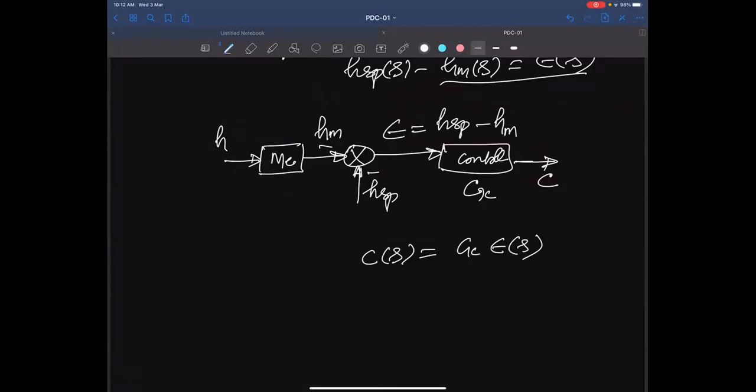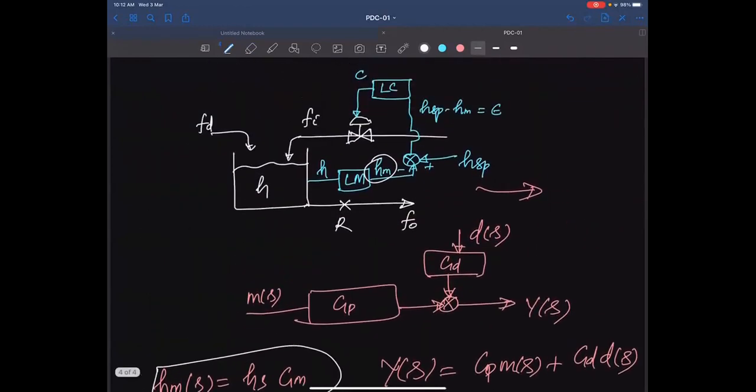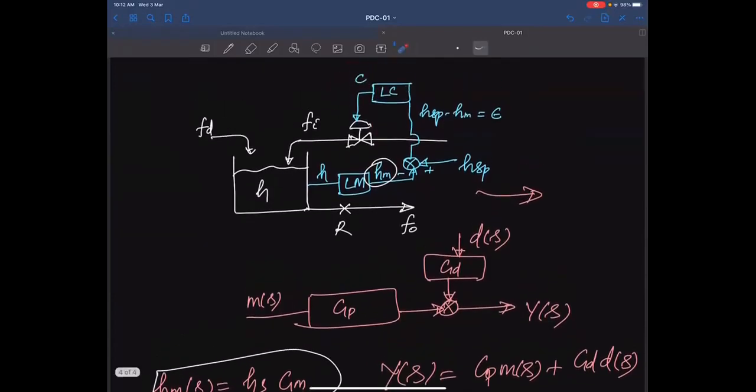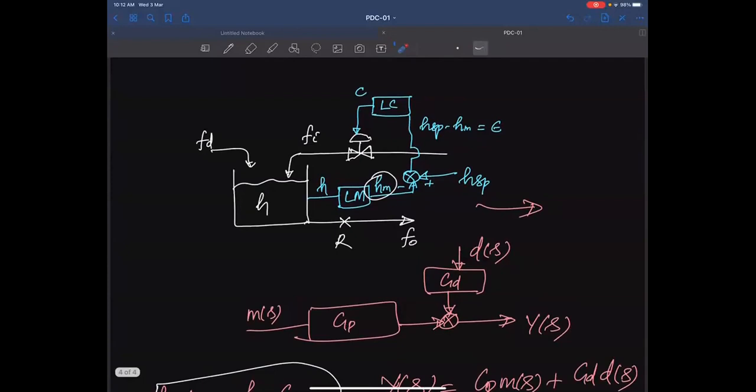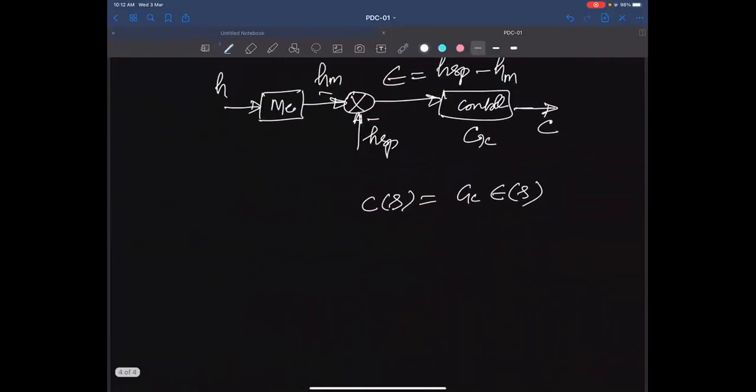And further, what is the connection between C of S and FI of S? C of S is nothing but the signal coming from the controller. This controller is acting on the control valve. The control valve also has its own dynamics. So accordingly, FI of S will turn out as equal to